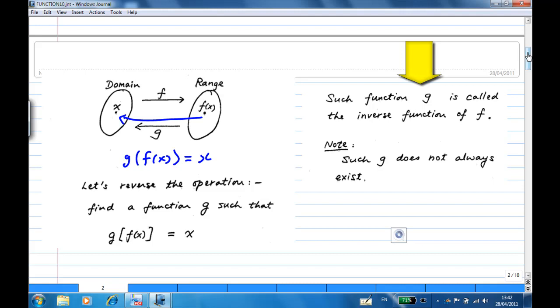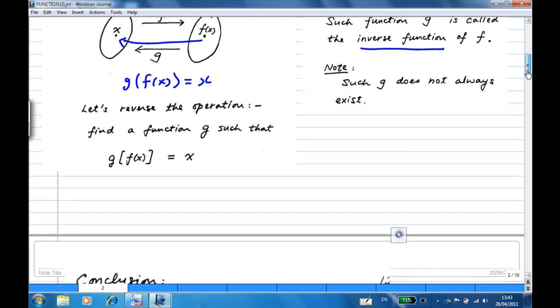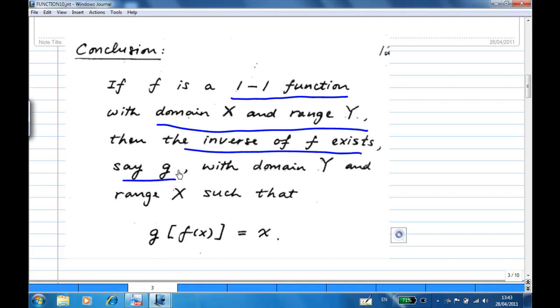Now, however, such g does not always exist. There are conditions where f of x has an inverse function. The conclusion is this. If the function is a one-to-one function with a domain x and a range y, then the inverse of f exists. And we say this function is g, now with domain y and range x, with g of f of x equal to x. In terms of picture, you have the domain of f